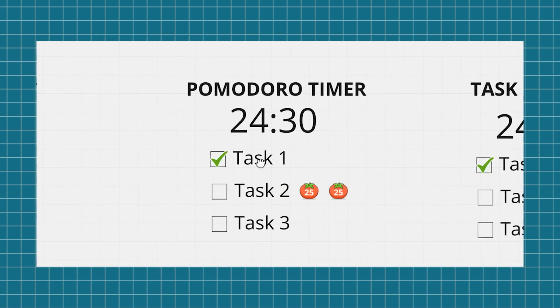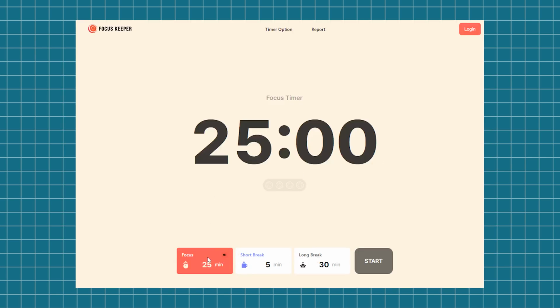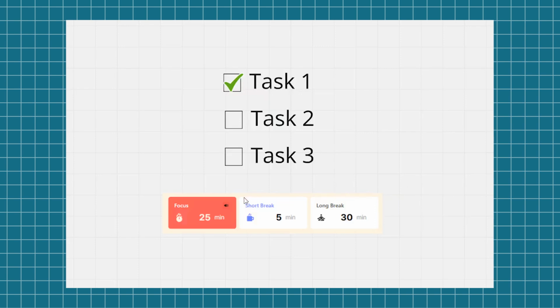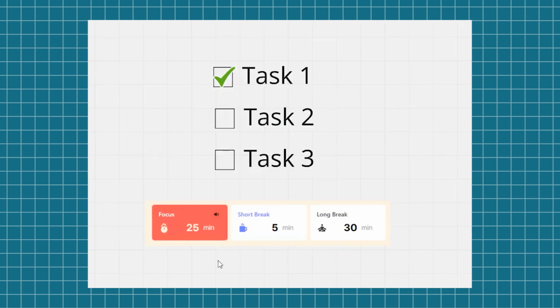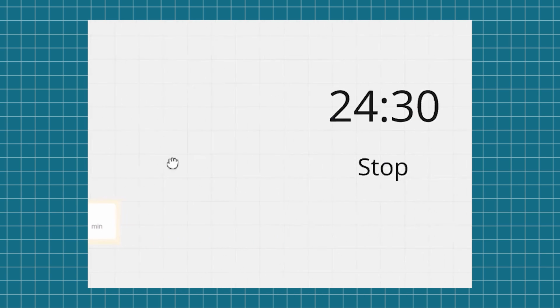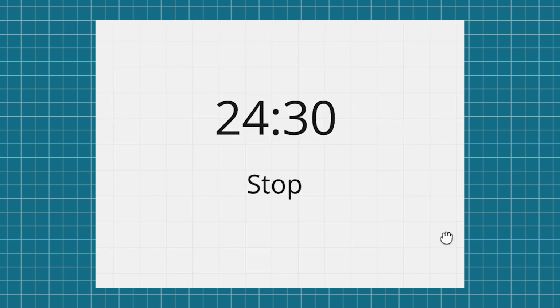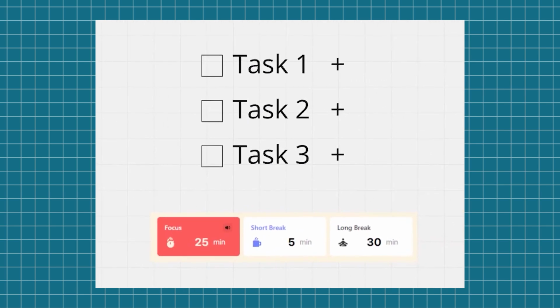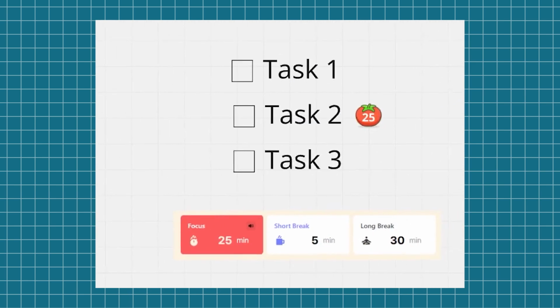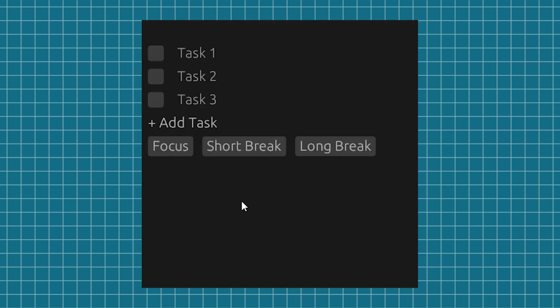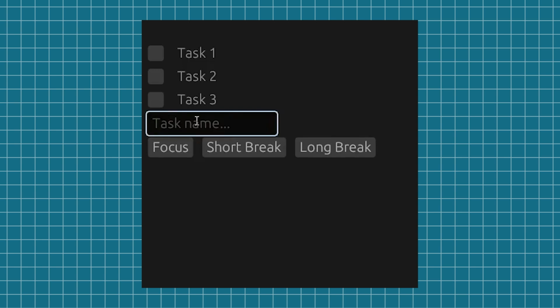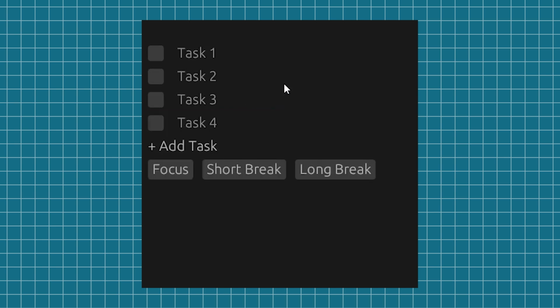Let's add the timer. For the layout, I like this style. Like the website, I will have just the tasks and buttons to either start work or a break. Once the timer is started, only the countdown will be seen. The stop button will cancel the process. After the timer is over, pluses should show up after each task to set for which task the Pomodoro was. I added temporary buttons, but before continuing, I made the Add Task button disappear and removed its border so it doesn't steal the attention from the main ones.